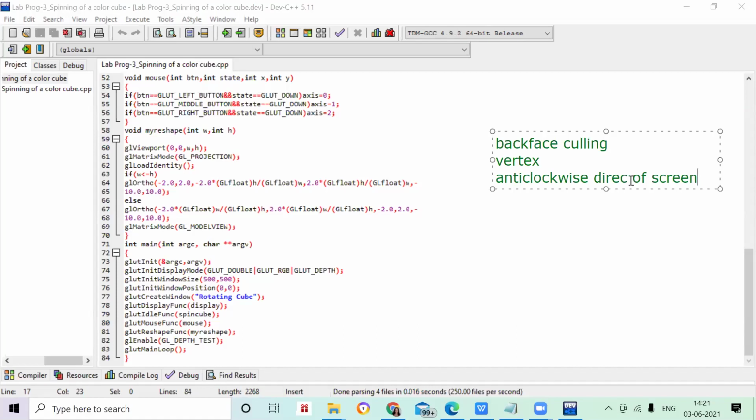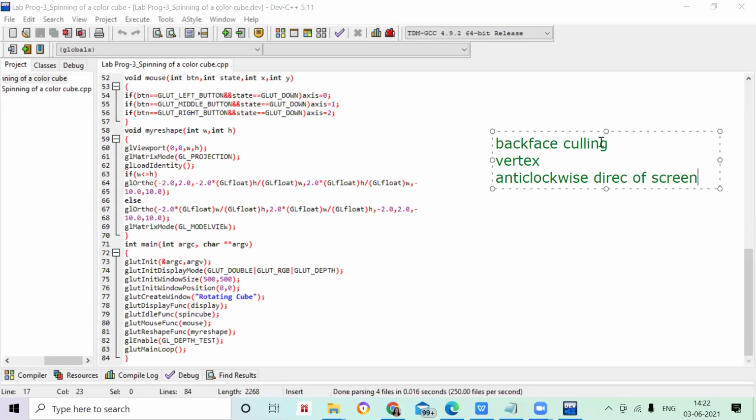Here you have seen that I have used this glutCreateWindow just to show the name of the program, which can be visible to all the users. And also I have used this backface culling mechanism, which helps me to call my glutMainLoop function. Here you can see the glutMainLoop.